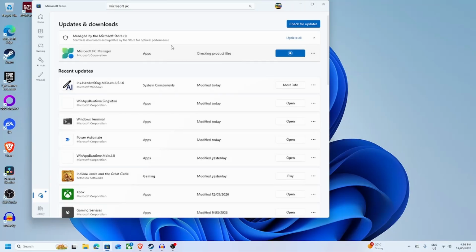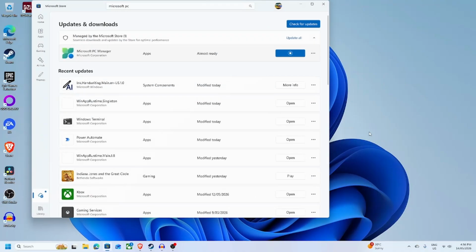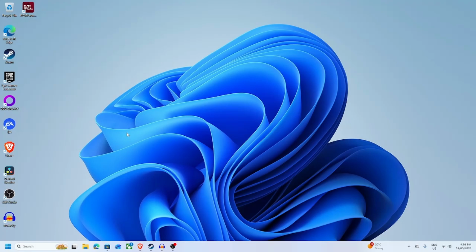When you uninstall stuff through the PC Manager, it actually does a deep uninstall. So if you have Games for Windows Live already installed, we're going to uninstall everything through PC Manager, and that will get rid of registries and all that as well with a deep uninstall. So it is really cool. Knowing the Microsoft Store, that is going to take ages to finally kick in. So next we're going to